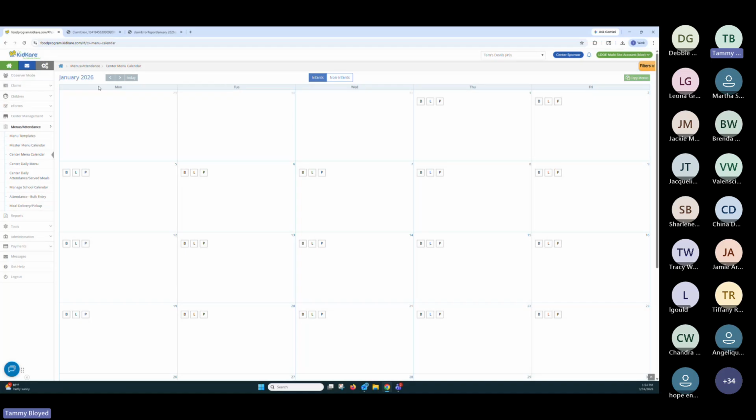And then when it's all done, February, skippy skip. There it is. So now it's all pasted in there.